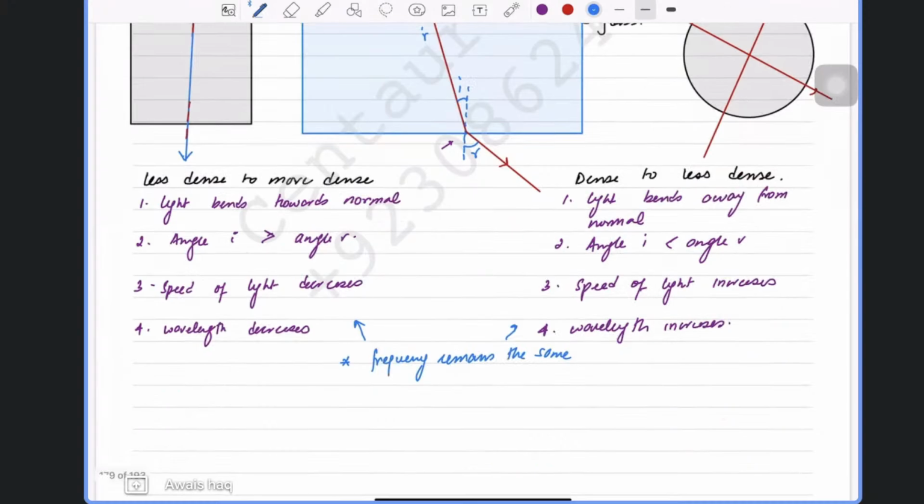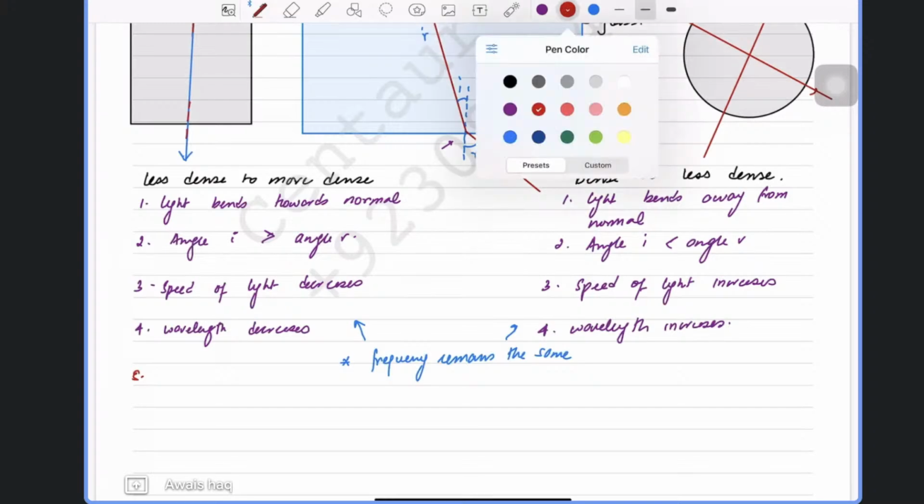Okay, yeah. And then about Snell's law, I just want to tell you, and I'm going to write in different colors so you guys remember this. Oh, this doesn't seem very different. I'm going to use